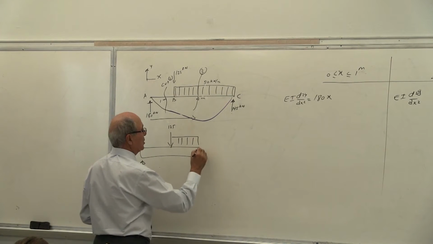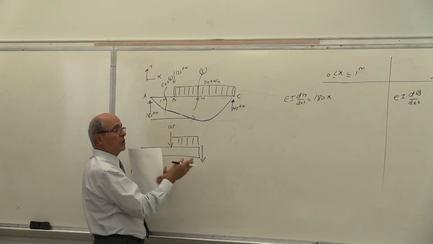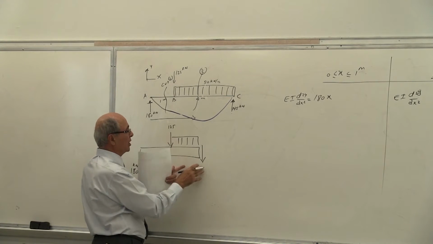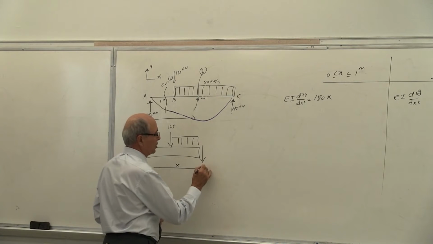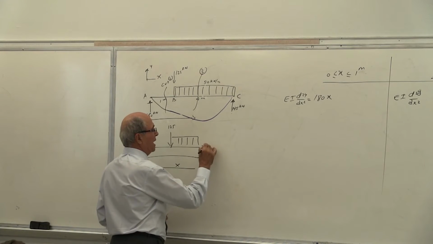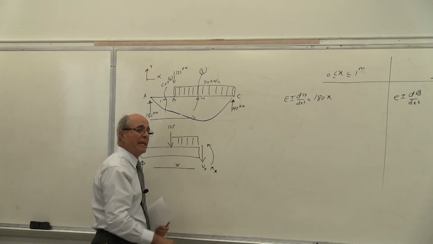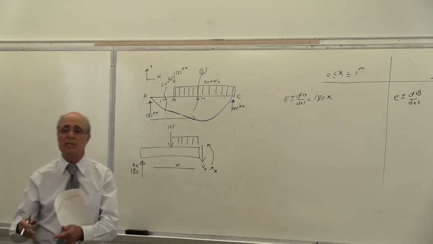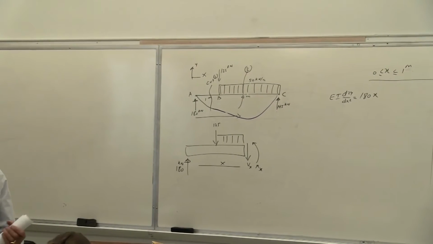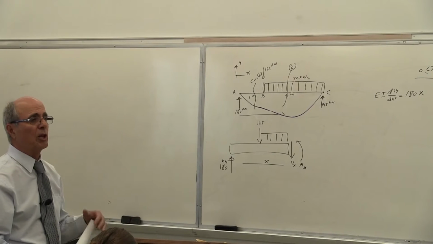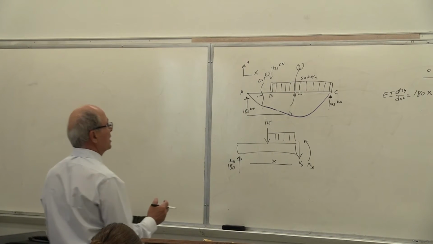You should not. Few people made the mistake. This is not B. Some people call this point B or C or E or D. I don't know. That's not the point. That is at distance of x. So this becomes shear at point x. And this is M at point x, and it has to be this way. You cannot put it negative. If you put it in negative, everything will be in negative format. Yes or no? This is the positive direction we are assuming for our shear and moment diagram. Correct? So the question is, what is M(x)?